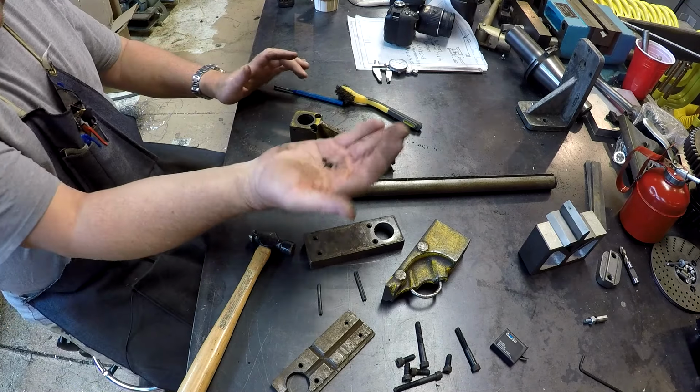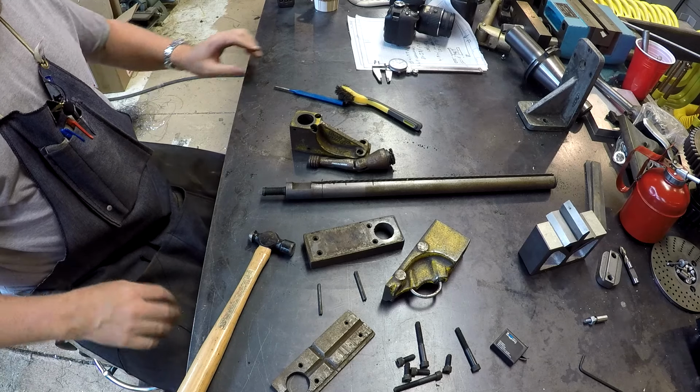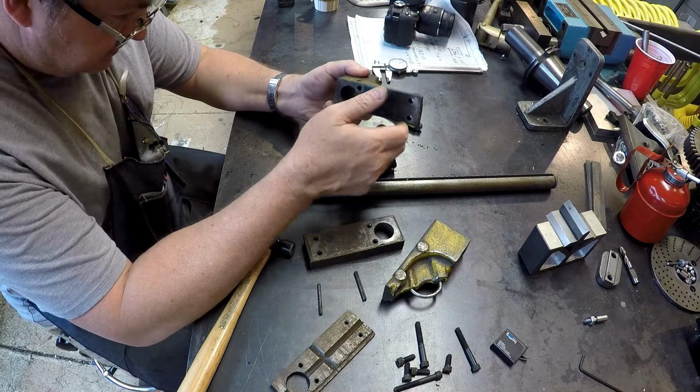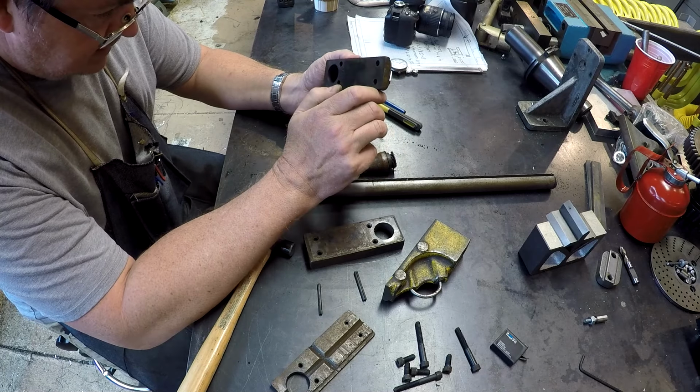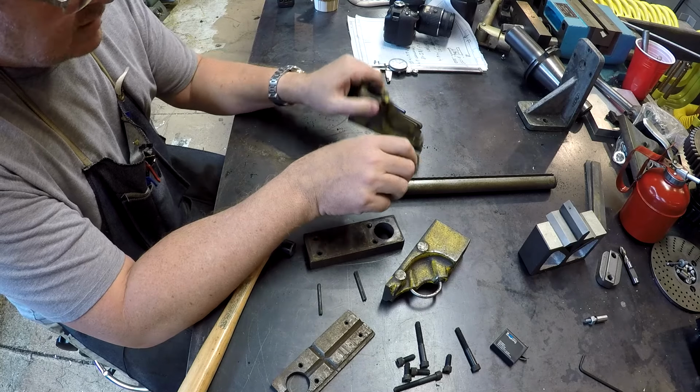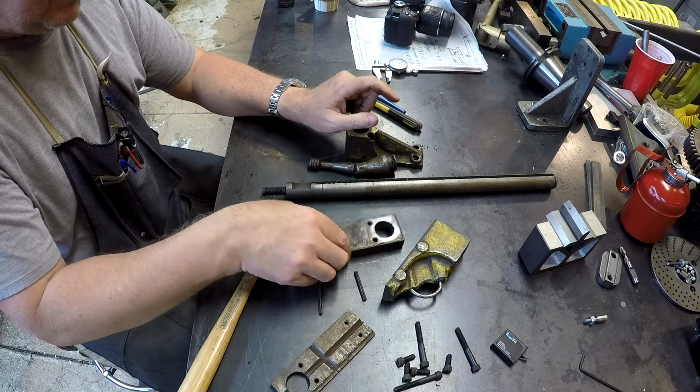Some nice schmungus up there in the interior. So now that you've got this thing completely apart, there's not a whole lot to it. Pretty straightforward. What I got to do now is